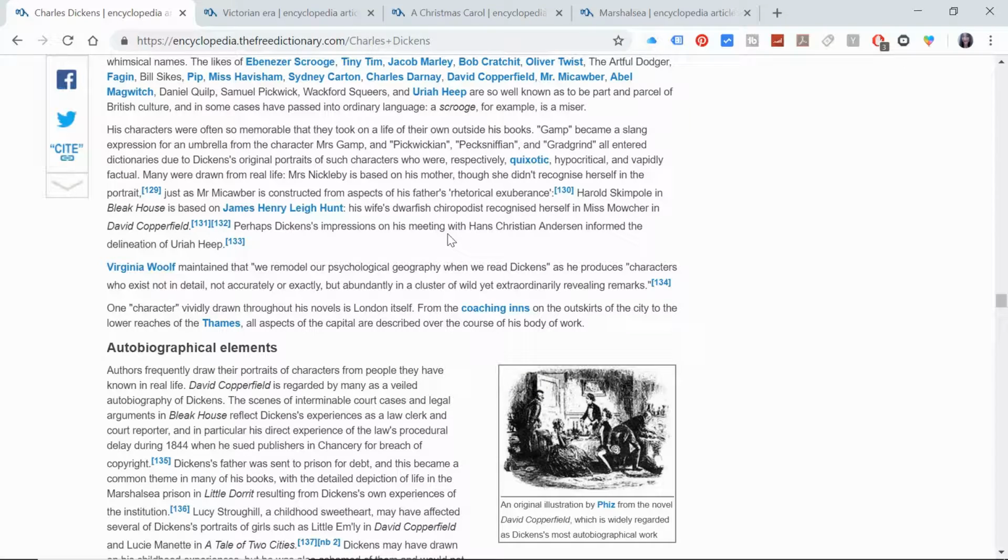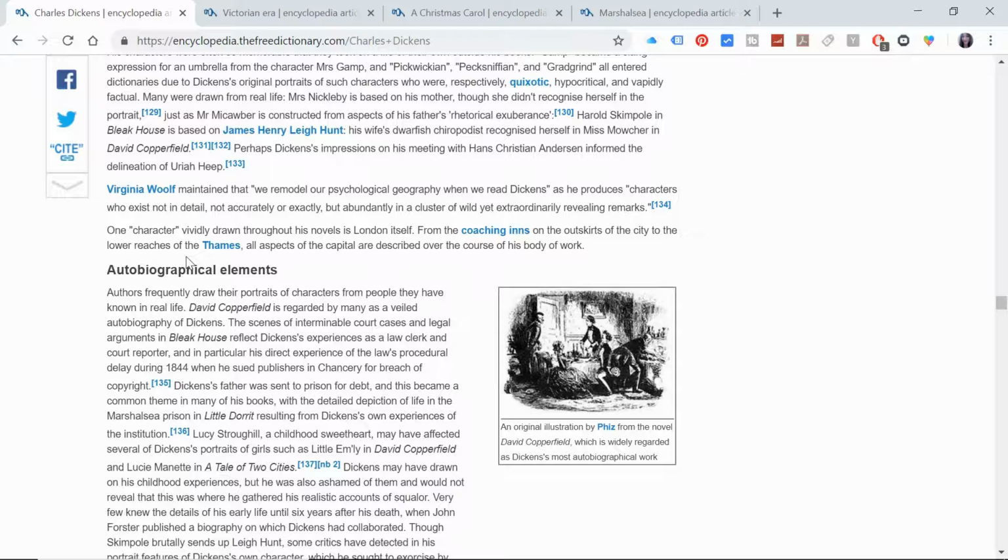There's a really good little tip for GCSE students at the end here, something that you could use to set your work aside, and that is referring to London, with those inverted commas, as a character. If you could see me, I'm doing the air quotes to really push this across. The character within the novel, London. So London itself is something that's evolving, something that's changing.